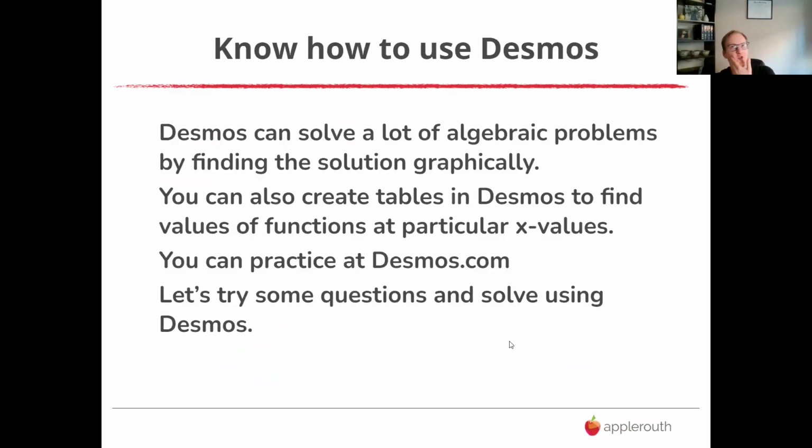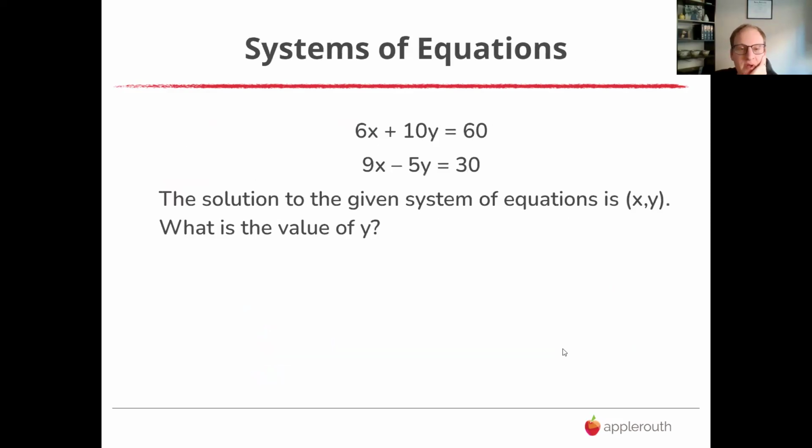And then I just want to spend a few minutes before question time on showing you guys a little bit about Desmos. Again, the best practice is going in and doing it on your own. But like systems of equations. Back in the day, I would have said, all right, do we want to isolate and substitute? Or do we want to use elimination and get rid of one of them? But now we do this.